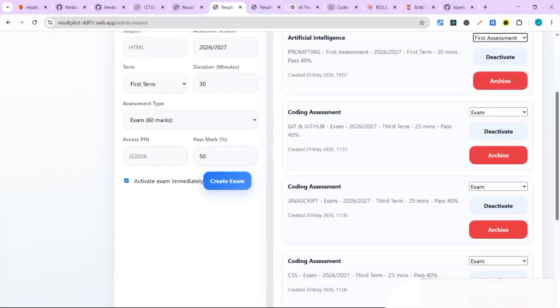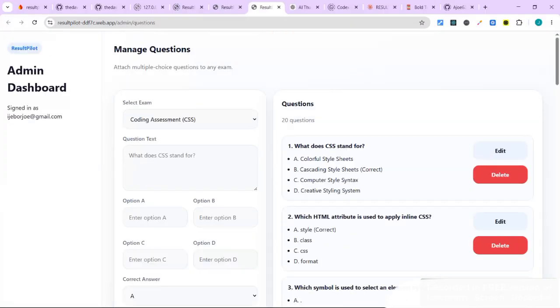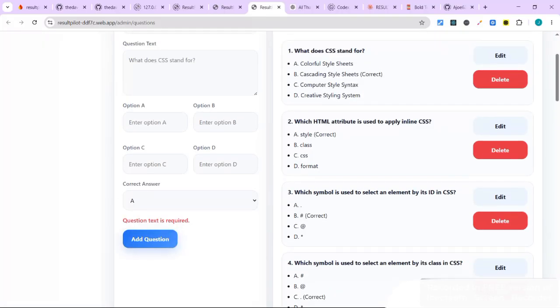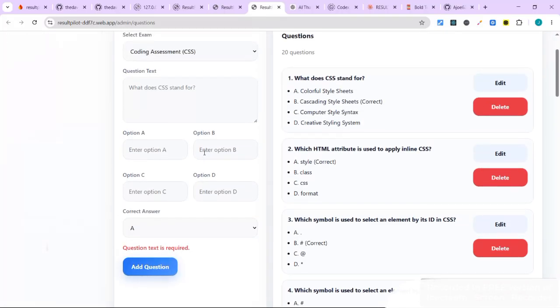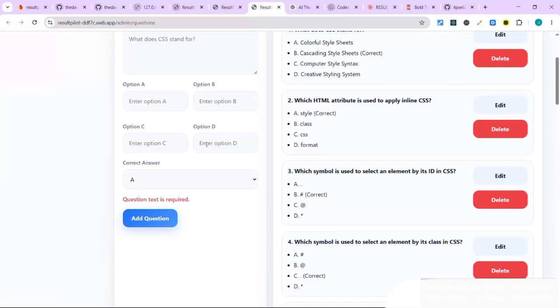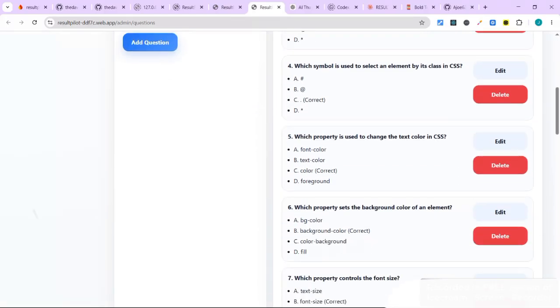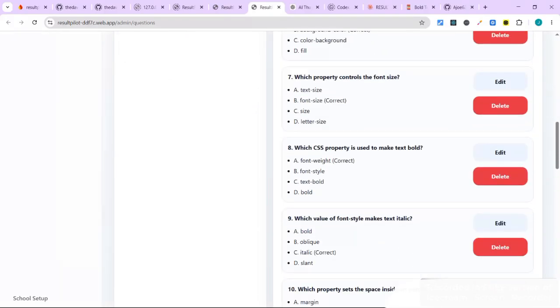Alright, so Resultpilot is an exam automation platform for schools, and each exam has a subject, questions, and a pin for students to access the exam. So creating a question manually can be very tedious. You need to go through and put in the question, the options and all of that. Doing this through the UI is very slow, so we need a way to push questions in bulk, and Firebase